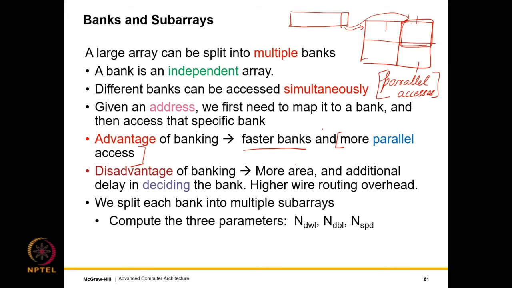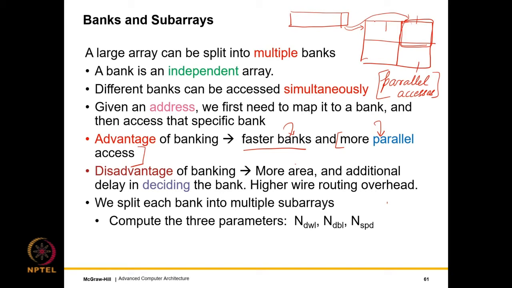There are disadvantages, right? Now what do we do for a bank? So a large array, well, we are not happy with that. We made 4 banks. Banks gave us 2 advantages at the same time. They are faster, but the bigger thing is that they allow parallel access. So that solved our problem. So deciding the number of banks is purely based on how many parallel accesses we would like to support. So let's say that we can have 8 banks. Well, we just take out 3 bits from the block address and just have 8 banks, right?